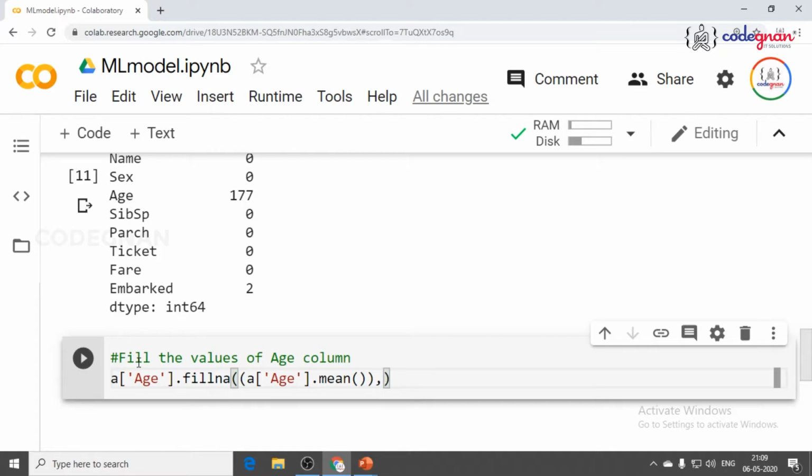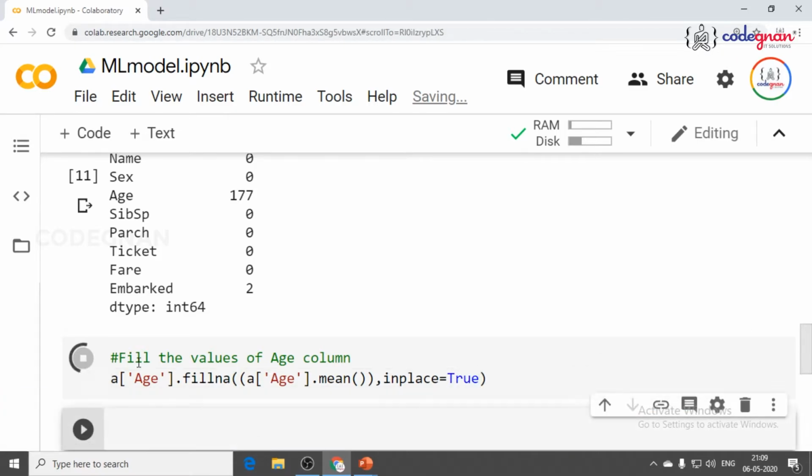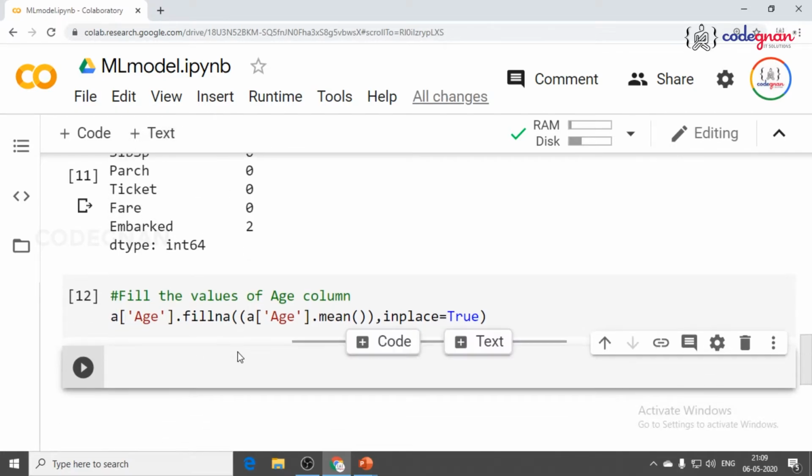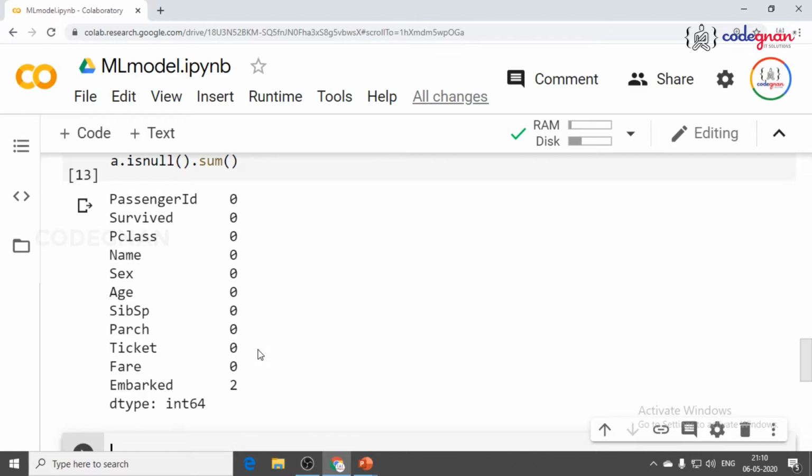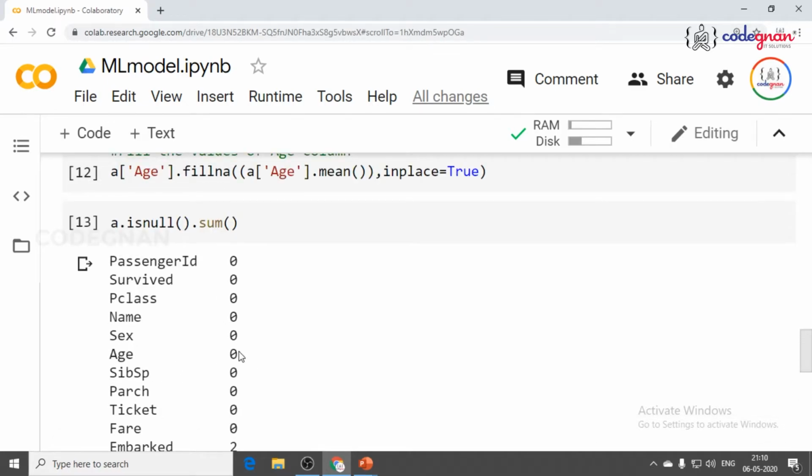Then, same, inplace equal to true, which means it will be applicable on the original data. It is done. Now again you can check it. A dot isnull, for every step it is not necessary, but for clear understanding I'm checking once again. You can see age values are filled.